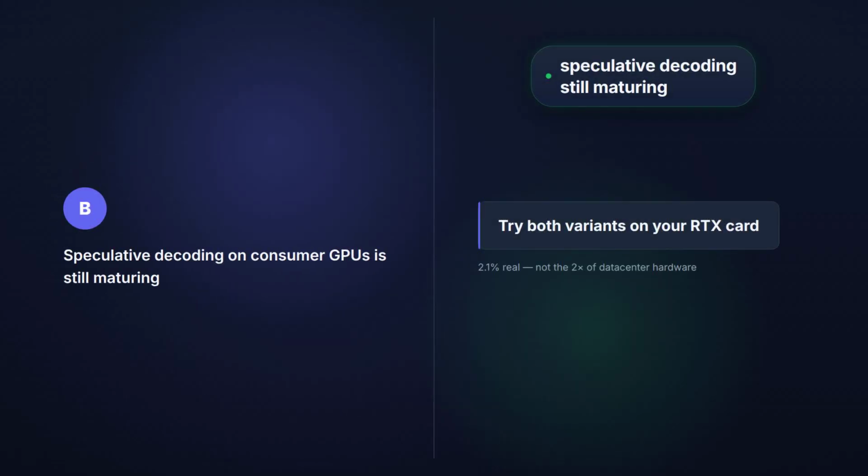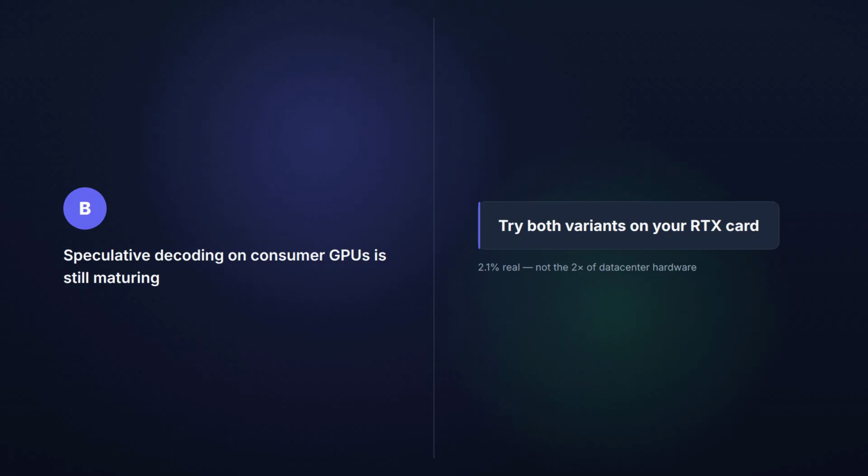The broader picture: speculative decoding on consumer GPUs is still maturing. A 2.1% gain is real, but nothing like the 2 times speedups reported on data center hardware. If you're running Qwen 3.6 on your own RTX card, try both variants